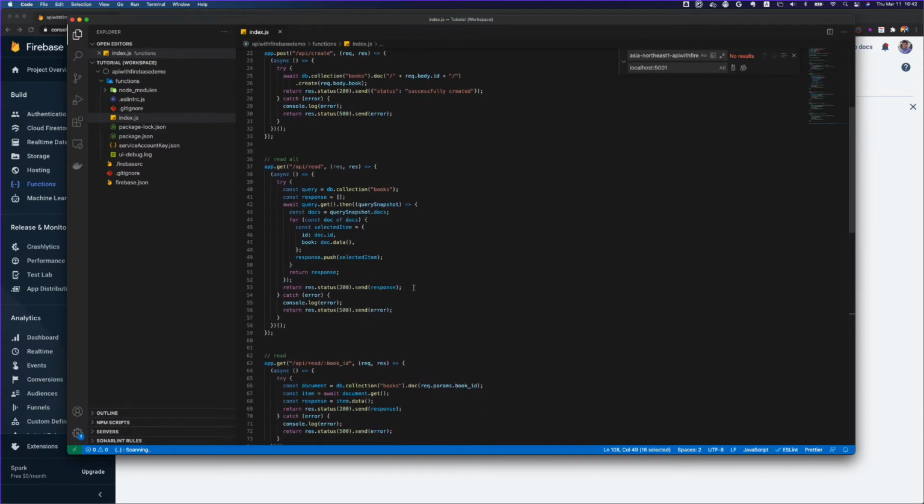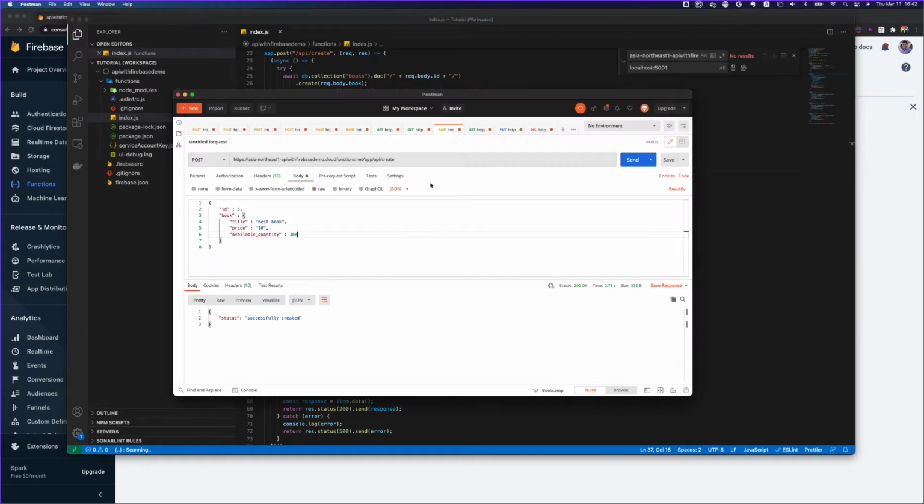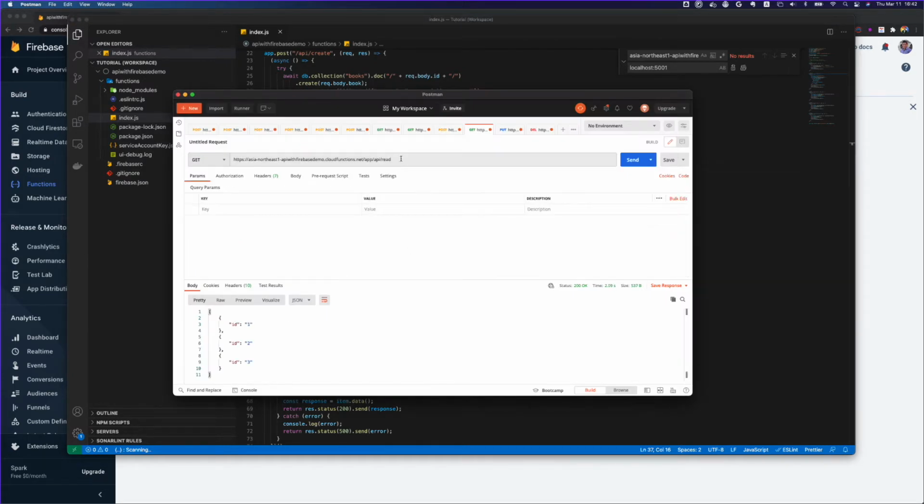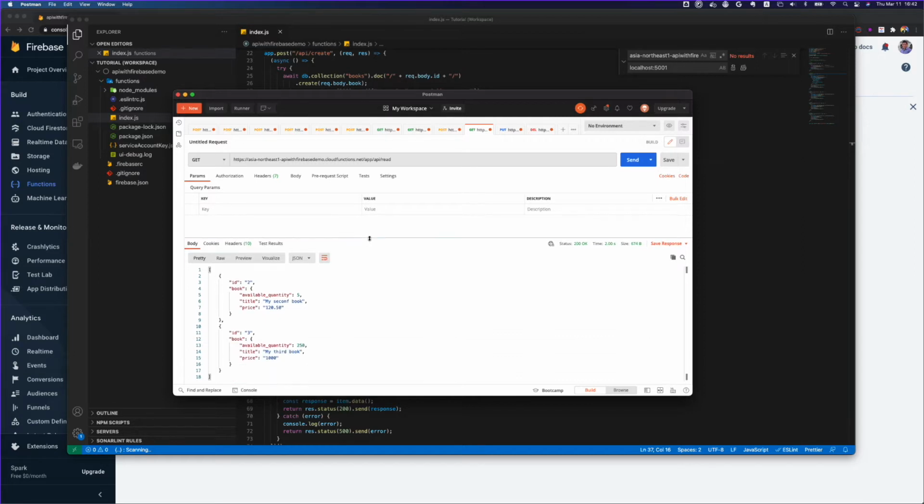During the tutorial I forgot to create a read all API, so offline I added that. It reads all the books in our database and sends them back. Let's see how that works. I'm going to go to get and make a request. It reads all the available books in our Firestore collection and sends us all the documents.